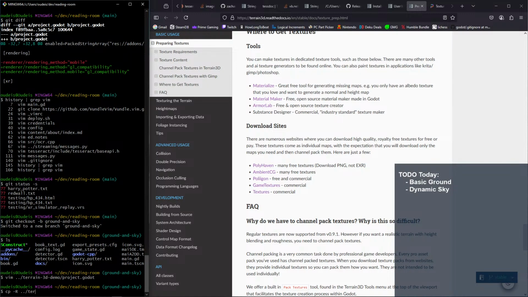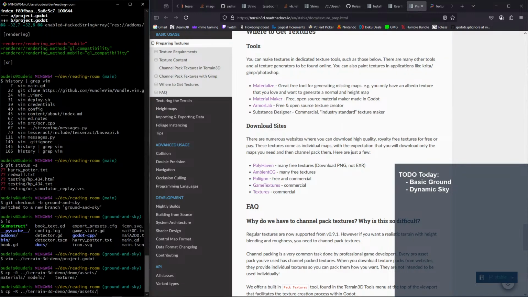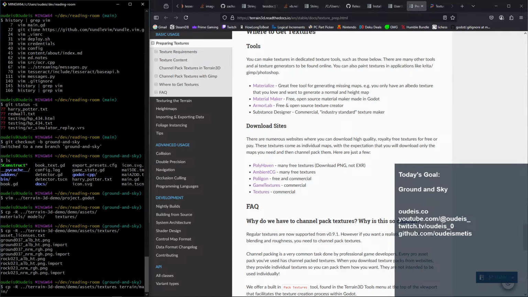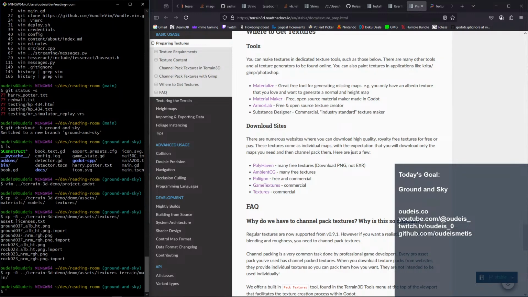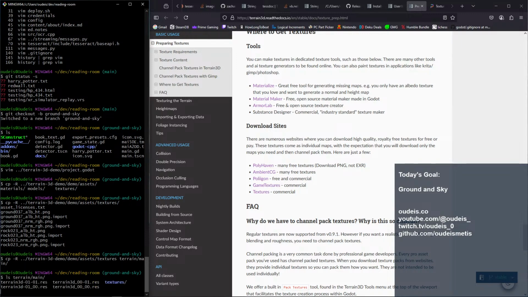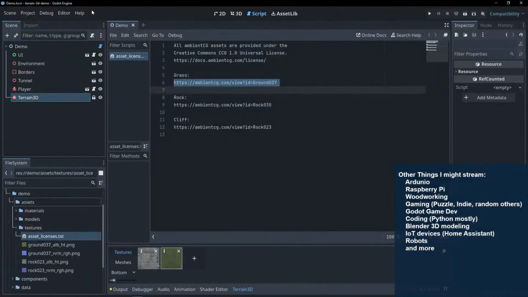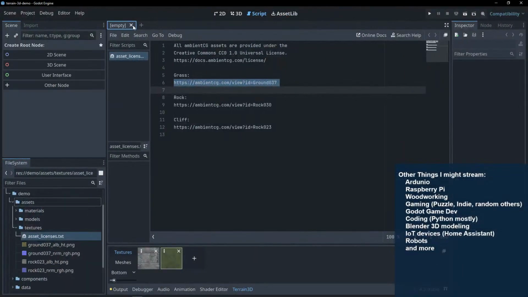Terrain demo assets textures to terrain main. Okay, cool. So now we have textures folder there. So if I kill that,